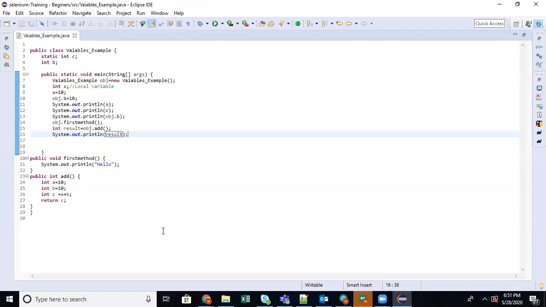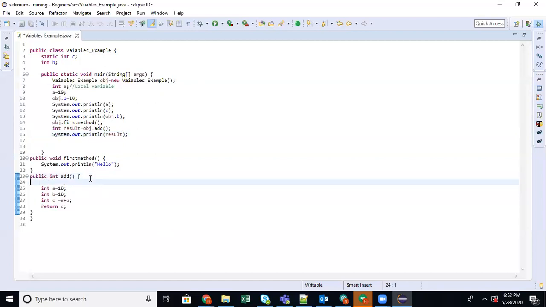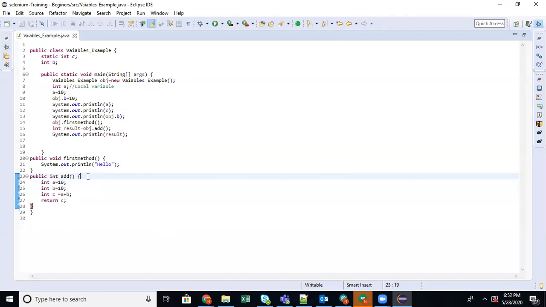Okay, there is a question: the object has to be created only inside the main method? No, you can create it anywhere. Since the main method is like initialization, it will execute stepwise. I'm creating here and calling here. That doesn't mean you cannot create it here. You can create it here also, but there is no point creating it here. Anyway, you have to use another object to invoke it here, and then only this object will execute. Okay, all right. So this is no argument, with return value.